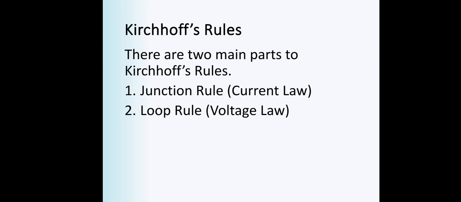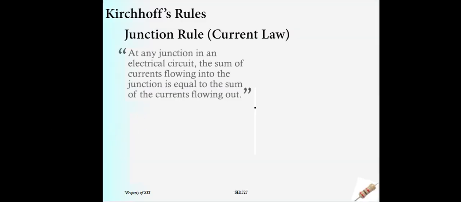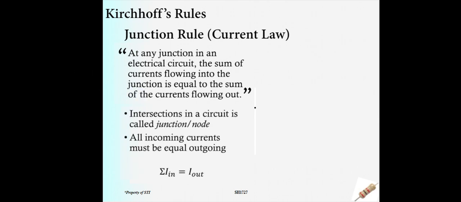Okay, so let's start with the junction rule. At any junction in an electrical circuit, the sum of currents flowing into the junction is equal to the sum of the currents flowing out. And yung intersection ng ating mga circuit is what we call the junction, or also known as node. According to the junction rule, or itong current law, all incoming currents must be equal to the outgoing na mga currents natin. So, meaning to say,